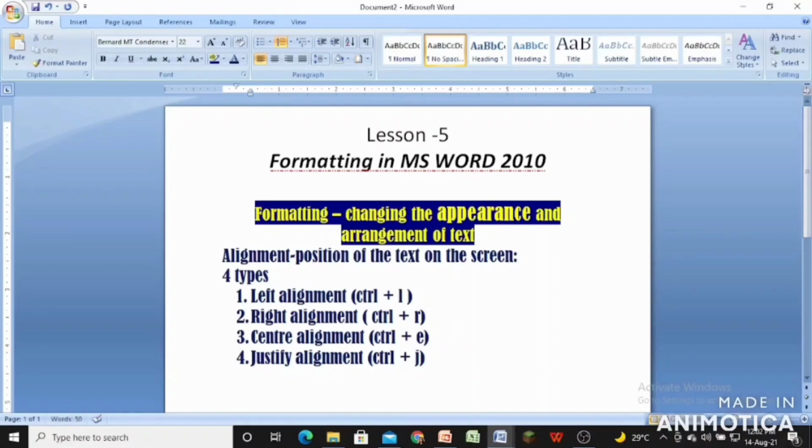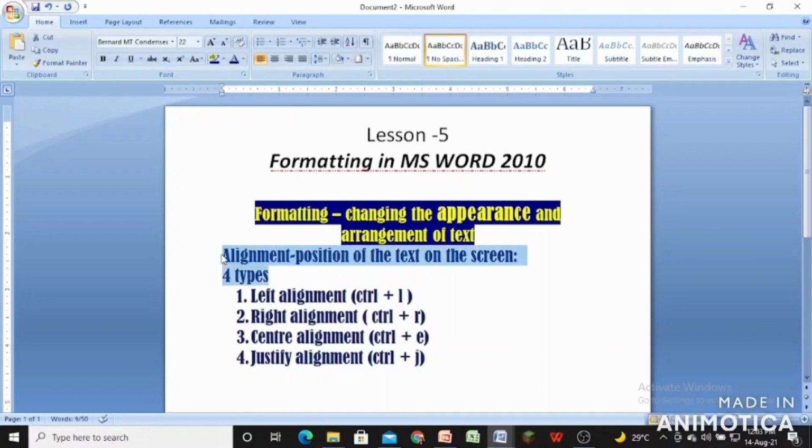So children, just now we studied about the alignments and the types of the alignment. We will see how the alignment works on the screen with the help of an example. First of all, let us understand about the left alignment. Children, when you start writing on the screen, by default, originally your text is aligned, that is positioned towards the left side of the screen. Like you see, I will select this text.